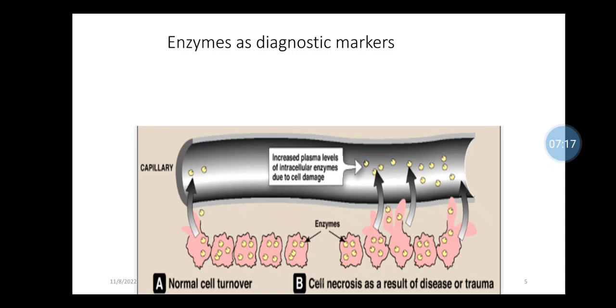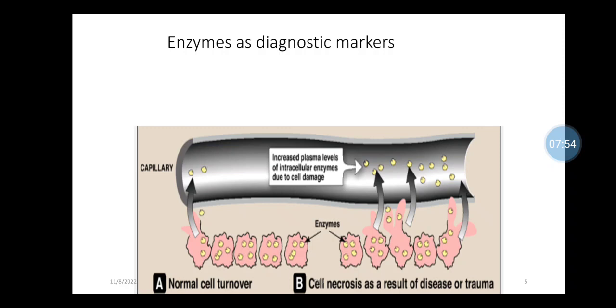So when it completes its lifespan, then after that the enzymes of the cell leak out and mix into the blood. The next is the condition where cell necrosis takes place in an abnormal condition or disease condition or traumatic condition, injury condition. So when there is an abnormal cell injury,